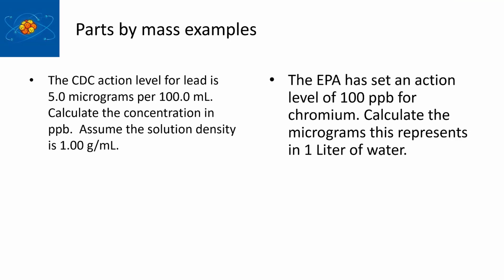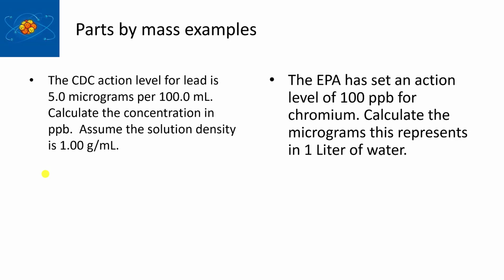And then excessive lead leads to things like brain damage and neuronal disorders. Anyways, we're going to figure out how many parts per billion 5 micrograms per 100 milliliters represents, because it doesn't sound like a lot, right? So parts per billion,